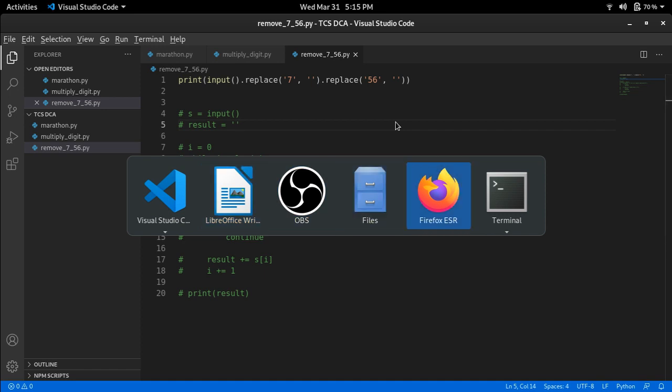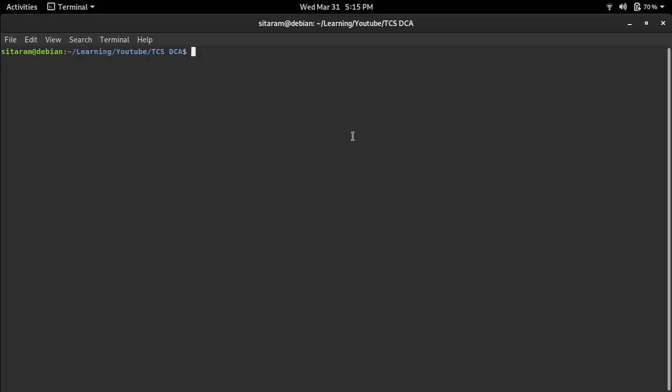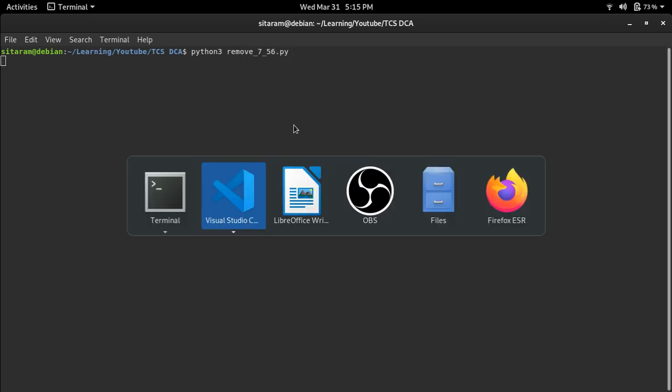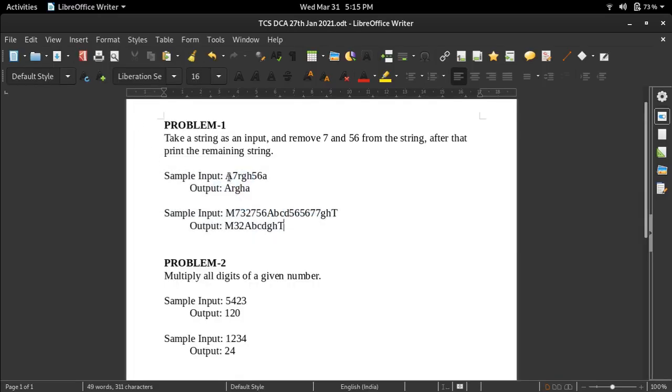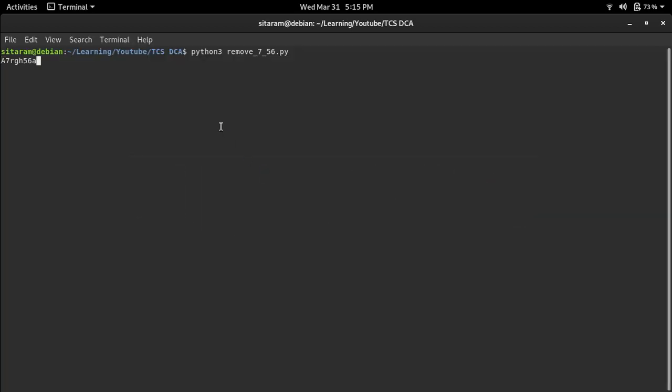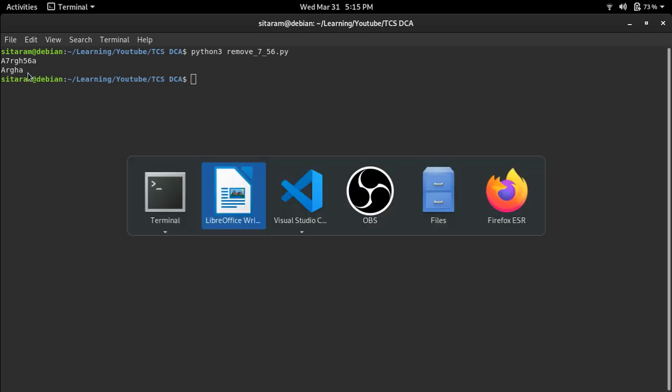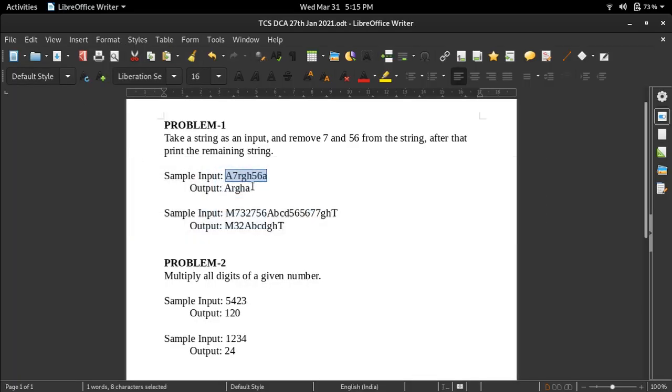Let's test the code now. Python 3. Now take the sample input, and we can see that ARGHA is the output, which is the same as what we have taken.